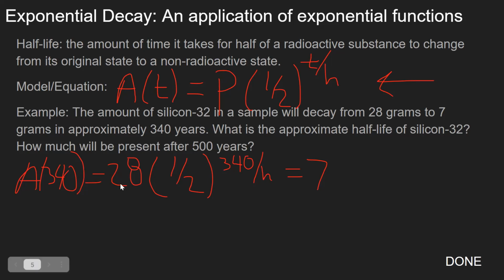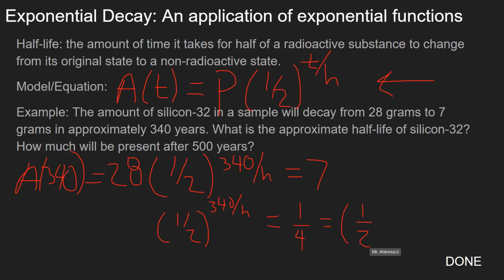So first thing you want to do is divide off the 28 just to make things easier. So you have 1/2 to the 340 over H equals 1/4, because 7 divided by 28 is 1/4. Now, if you notice, 1/4 is 1/2 squared. Okay, so I have 1/2 to the 340 over H equals 1/2 squared. That means that 340